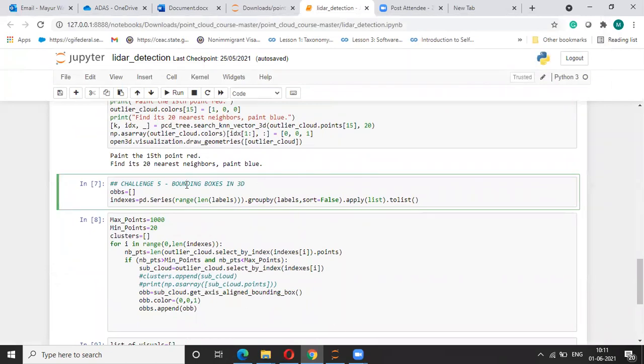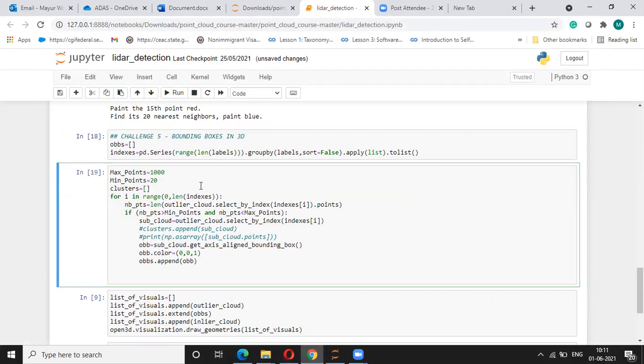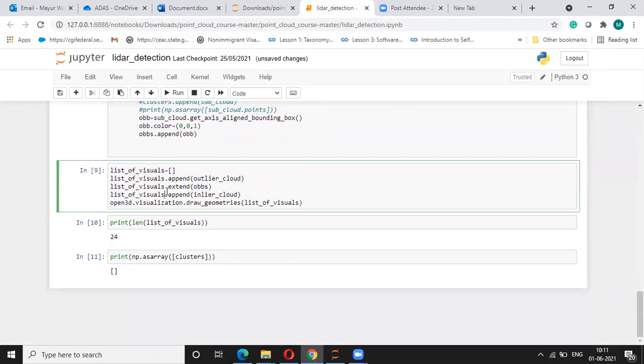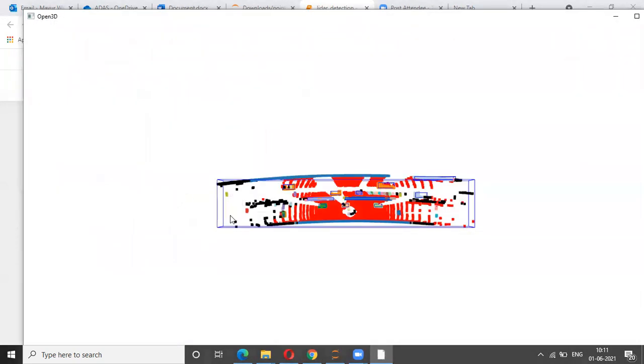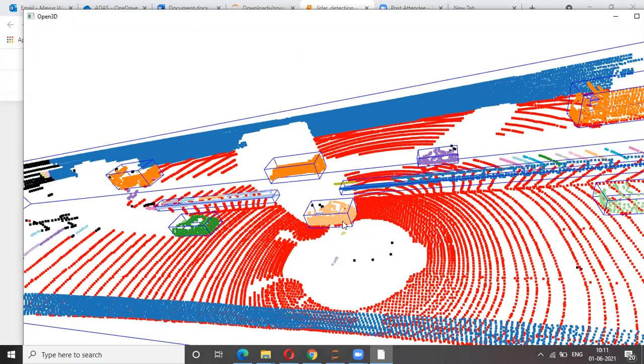The next thing that we need to do is draw bounding boxes around those clusters. For that, we need to run the principal component analysis algorithm, so that we find the principal component of the data points, and we get bounding boxes along that direction only. Okay, and we're also limiting how many points can be inside each cluster. So I'm doing that, and then I'm visualizing it. As you can see, I'm able to perfectly draw a bounding box around this vehicle, and also for these dividers, and the other vehicles. Okay, so it's working pretty fine.